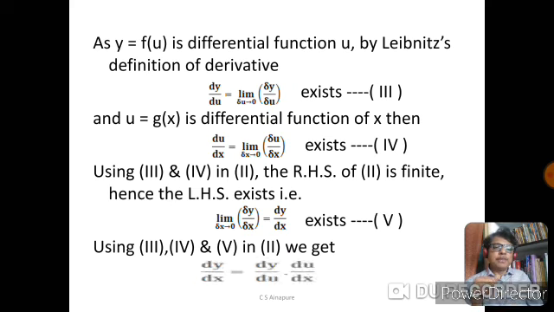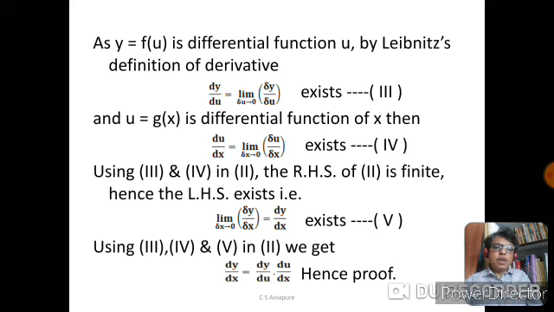So, see what we get. On the LHS, limit delta y by delta x is replaced by dy by dx. On the RHS, the first term, limit delta y divided by delta u as delta u tends to 0, is replaced by dy by du, and the second term, limit delta x tends to 0, delta u by delta x, is replaced by du by dx. So, we have completed the proof. Just we will revise this proof quickly.